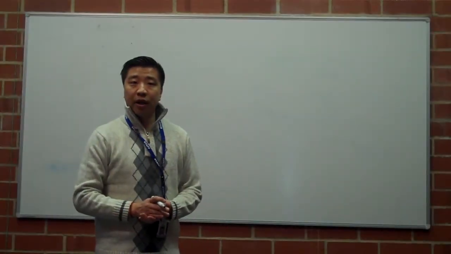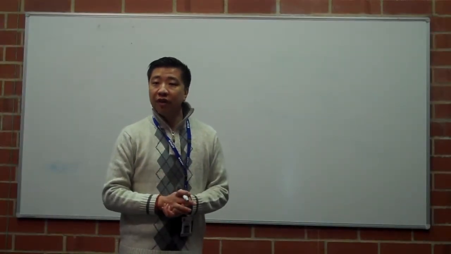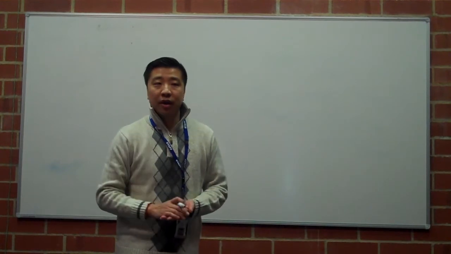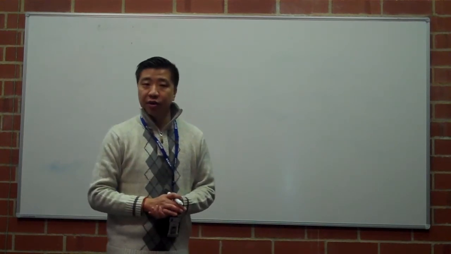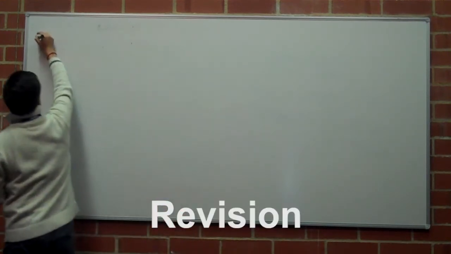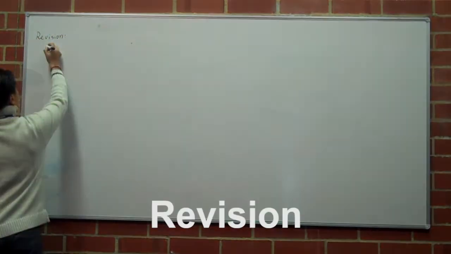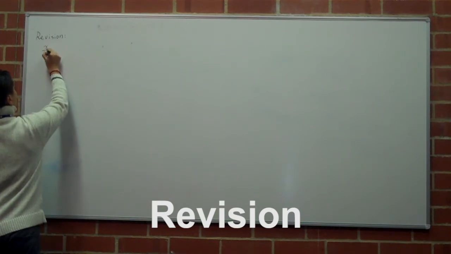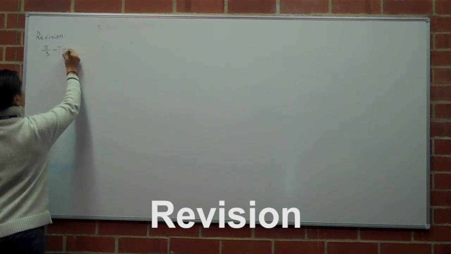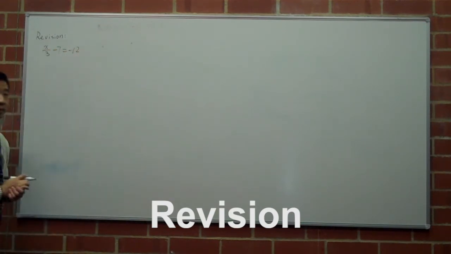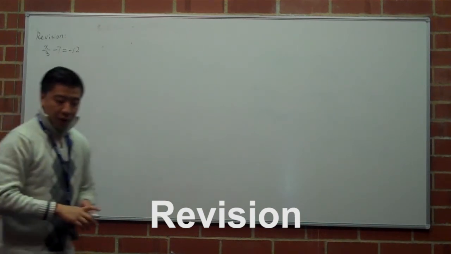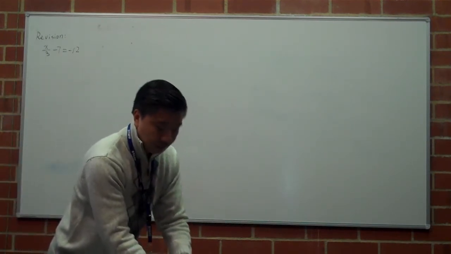Last time we talked about how to solve the linear equation with the brackets. Now, firstly, let's do a revision. x over 3 take away 7 equals negative 12. Now, according to what we have learned yesterday, we still follow the